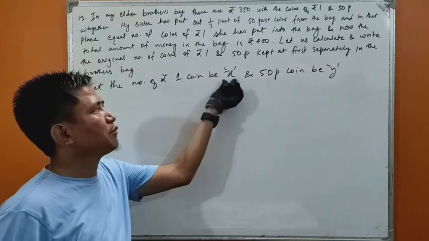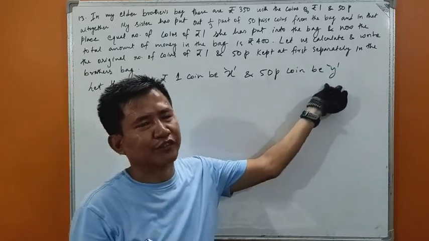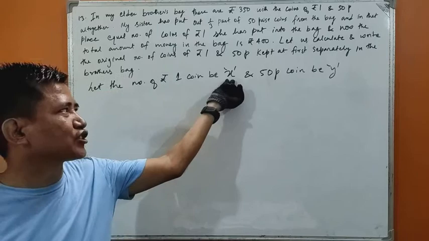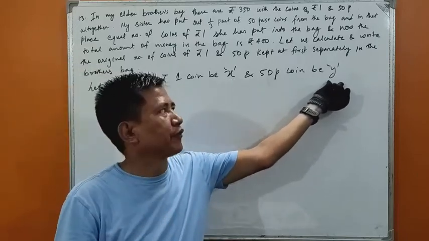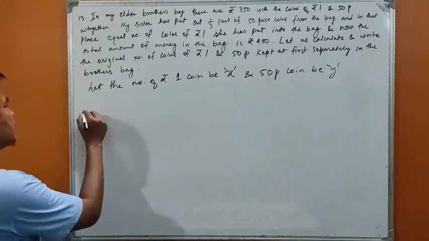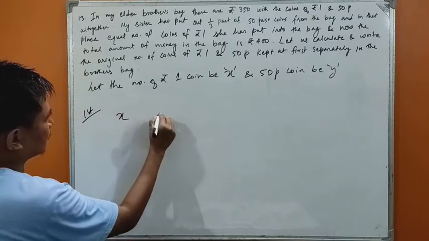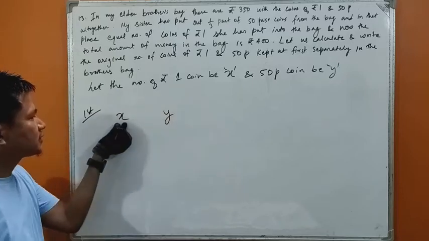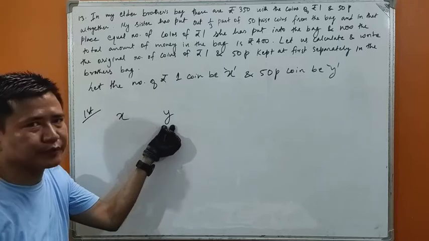Suppose there are x number of 1 rupee coin inside the bag and y number of 50 paise coin inside the bag. Okay, there are x number of 1 rupee coin and y number of 50 paise coin. First condition, x, y. Now x is the number of 1 rupee coin and y is the number of 50 paise coin,